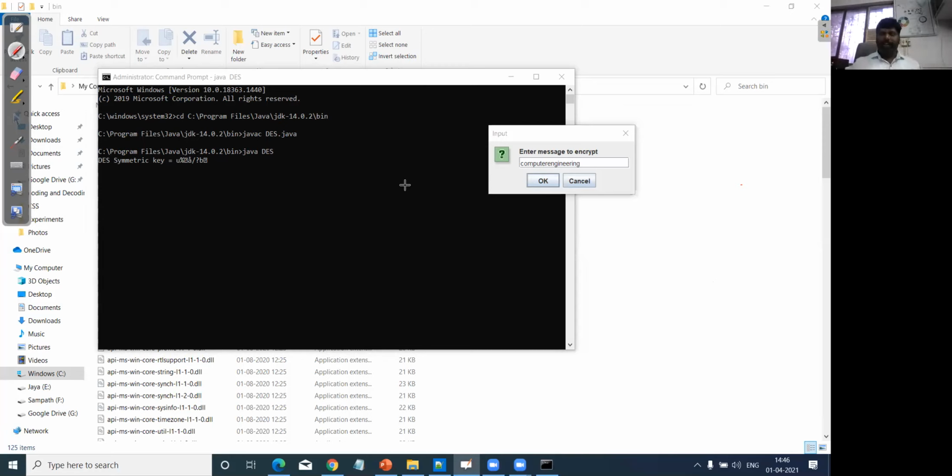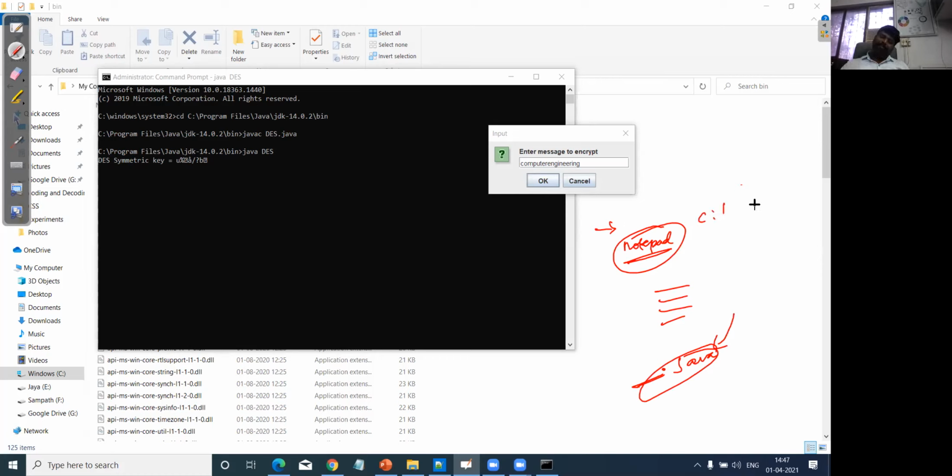I'll explain how the coding has to be done. Though you are familiar, you can type this Java program in Notepad or WordPad, whatever it is. Not in Word, because Java is case sensitive. You can write the program in Notepad, Notepad++, or any editor. Type your program and save it as .java, and the name of the file and the class name should be the same. The file is to be stored in the directory where you installed your Java.